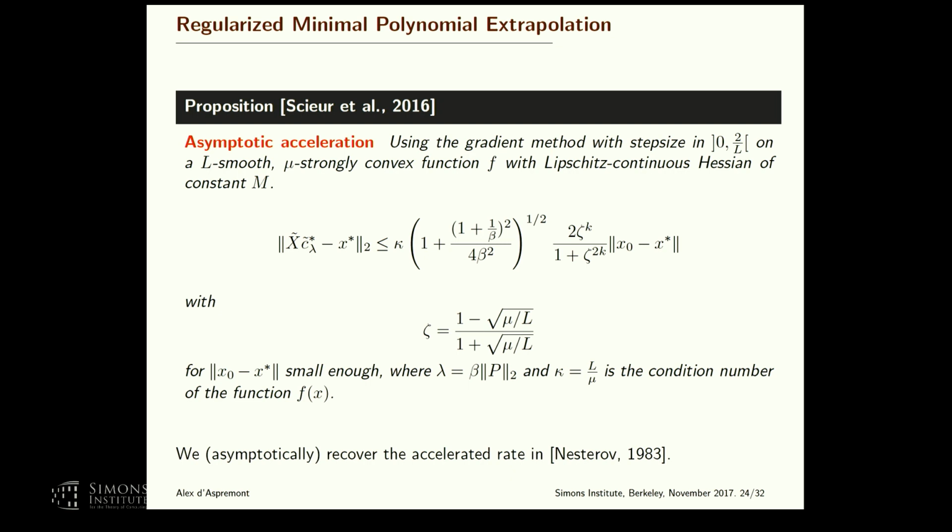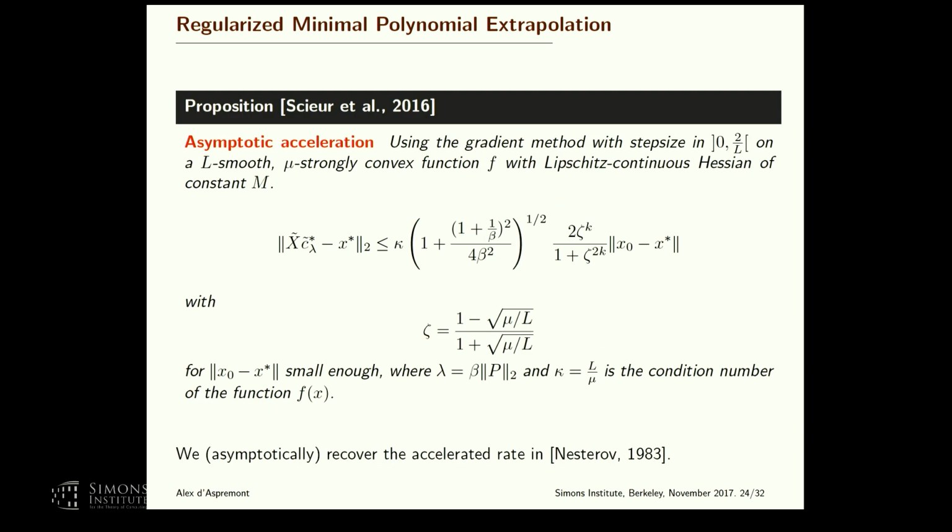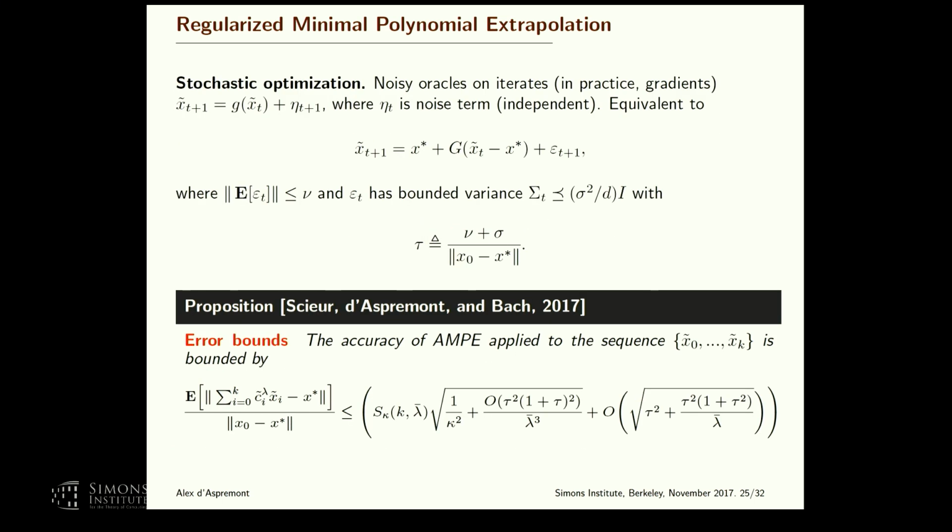So can you set lambda from the data? In practice, you do a grid search on lambda. So this is just a bound that allows you to control the convergence on paper. In practice, you try a few values of lambda, and you get an optimal list. You check the function value. But I'll show some numerical examples later on. Okay? So the idea is just to get rates, and to get rates, you need the proper order of magnitude for lambda. Okay?